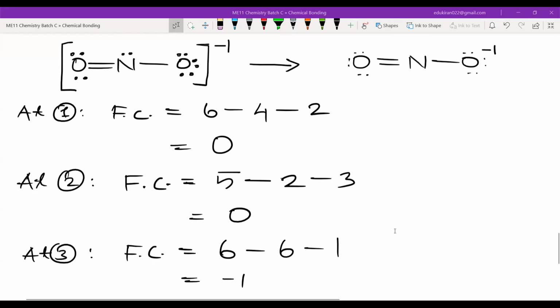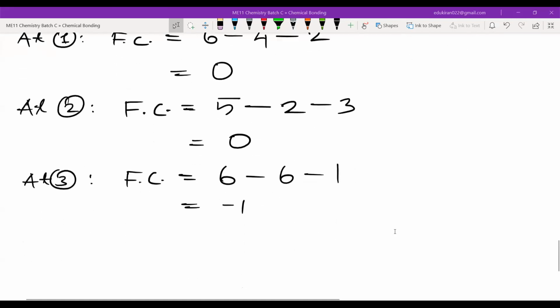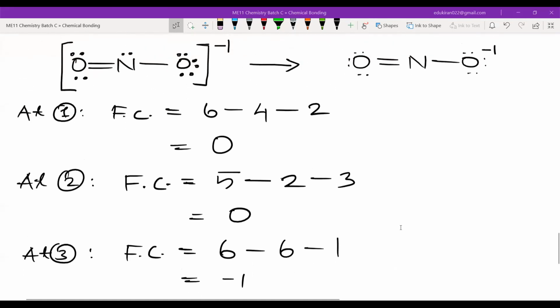So please practice. Formal charge, I will give you homework. Please practice this, because it seems you understand it now, but if I am helping you, if I am asking you some questions, then only you can do it. But I will not be present, so you have to do this at home.